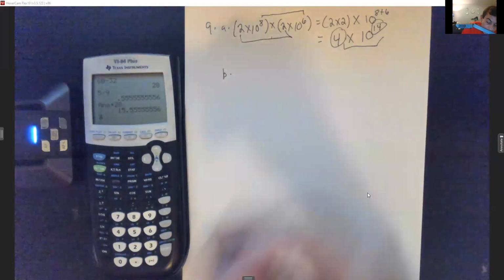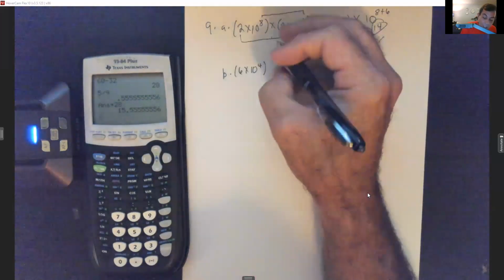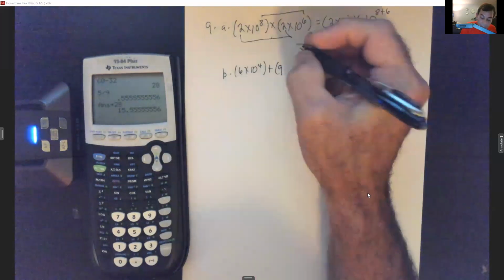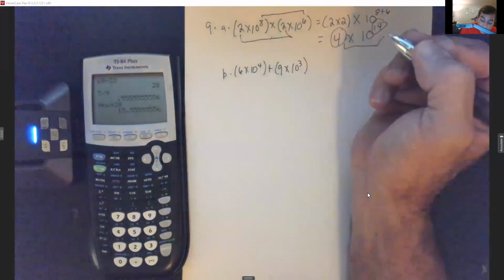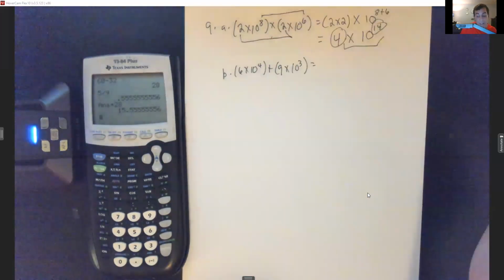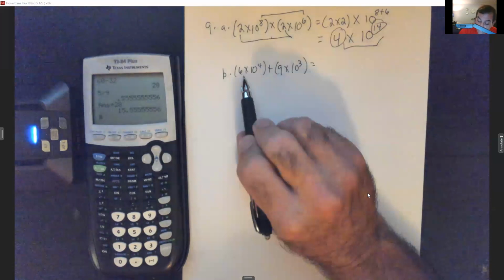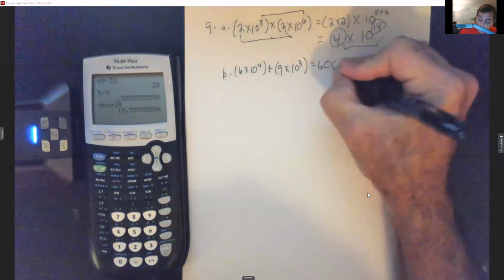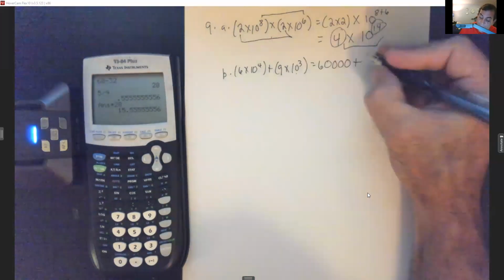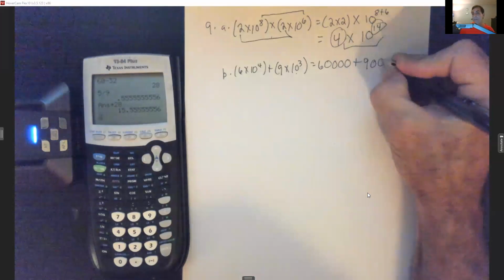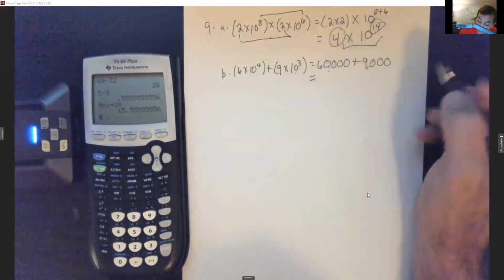All right, B, we're going to take 6 times 10 to the 4th plus 9 times 10 to the 3rd. So really, y'all, on this one, I just turned them into regular numbers and then added them and then turned them back into scientific notation. So 6 times 10 to the 4th would be a 6 with 4 zeros, okay? Plus 9 times 10 to the 3rd would be a 9 with 3 zeros. All right, so now I can add that because I got 60,000 plus 9,000. That equals